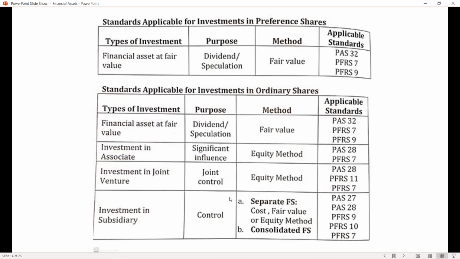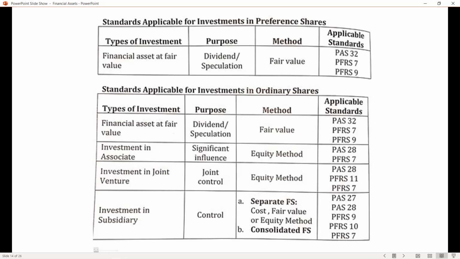Ngayon, dito kay ano, yung purpose mo kasi kaya mo binili yung financial asset. Tingnan natin. So, binili mo yung financial asset sa preference share. Binili mo yung equity instrument ng other entity pag preference share para makakuha ka ng dividend tsaka speculation. Ano yung ibig sabihin nun? Pwede kang magkaroon ng dividend income at pwede mo rin siyang ibenta. On the other hand naman, sa standard applicable kay ordinary share naman, ano yung purpose mo? Una, kapag yung purpose mo lang is ibebenta mo siya at saka kukuha ka ng dividend, malamang i-measure mo siya at fair value